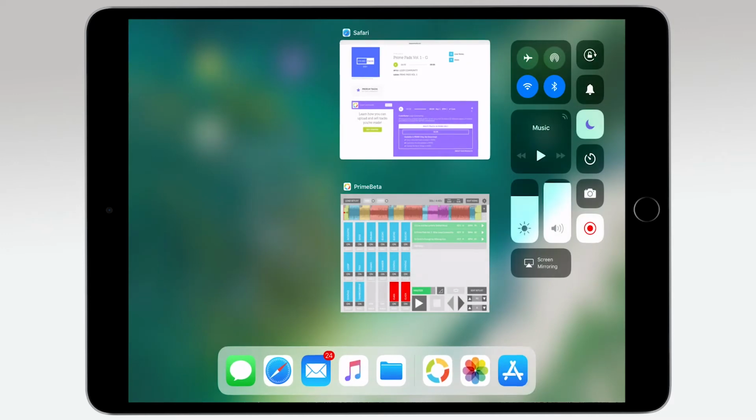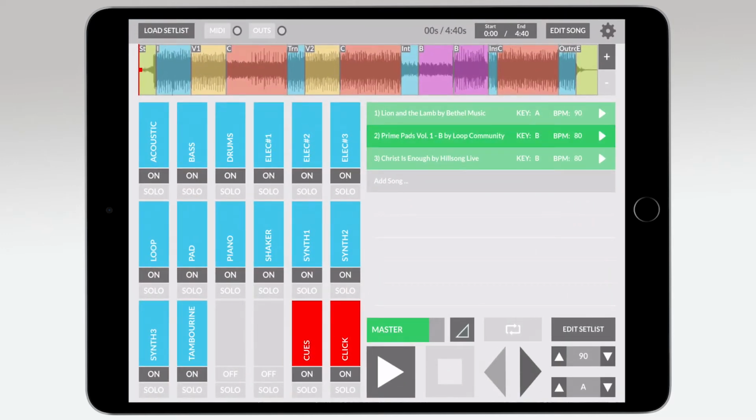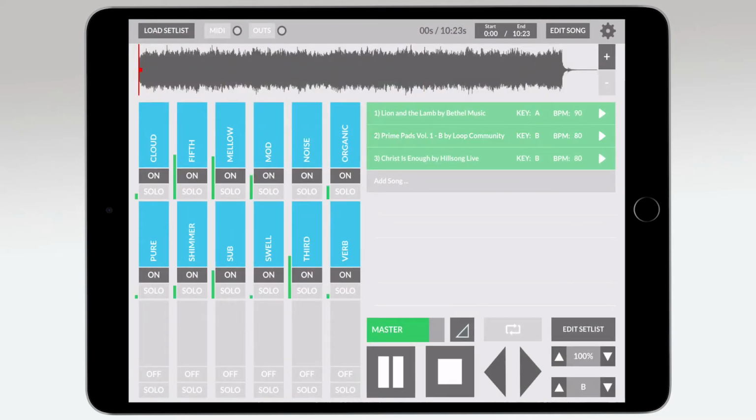Now let's look at this pad inside of Prime. So when I hit play, I can now customize the sound of that pad by turning these different faders up and down. So if I want to bring in the fifth in,